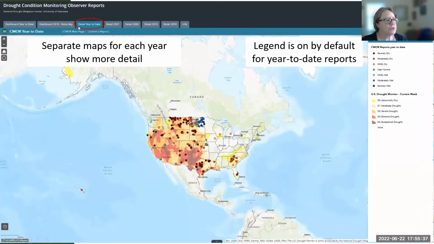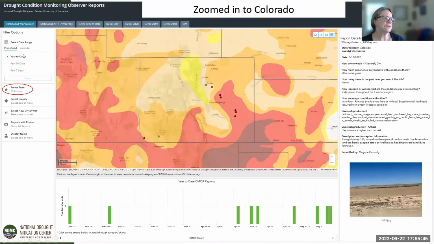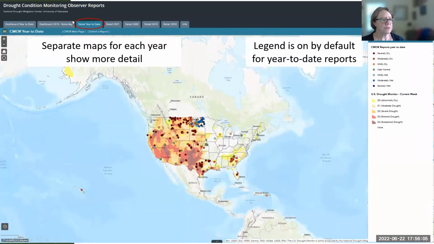Then if we go to the detail map for year to date, so one of the advantages, I'm going to go back one click. One of the advantages of the dashboard is that it lets you do these really quick and powerful filtering. You can go down to just reports with photos. You can select reports by how dry or wet it is, of course, by state and county. But then if you really want to get into the nitty-gritty detail, you want to go to the year-to-date detail